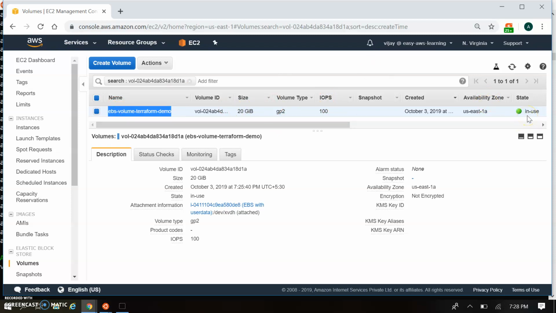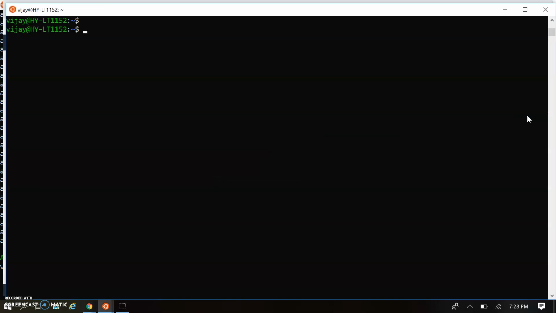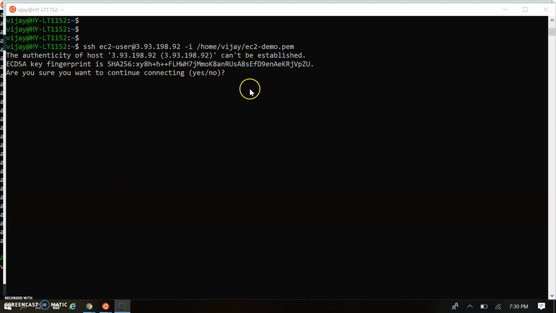So let's have console access and connect to the instance and validate whether the same volume is connected or not. I'm just doing the SSH as ec2-user, passing the public IP and the key. Let's give the confirmation over here.